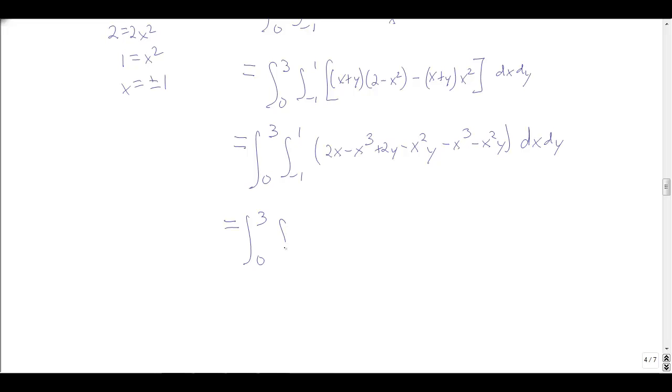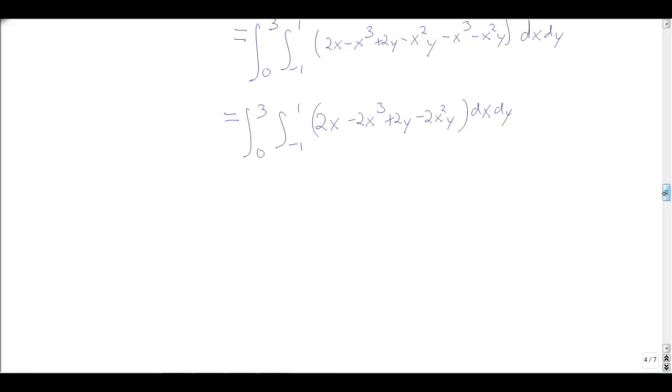So I get 0 to 3, negative 1 to 1. Let's collect like terms. We have a 2x. We have minus 2x cubed. We have a plus 2y. And then we have a minus 2x squared y. Dx dy, and then we're going to integrate this. One thing that's not going to be a huge help, but will be useful, is that because my x bound is symmetric, negative 1 to 1, these odd powers are going to go to 0 once I plug things in. So when I integrate this,